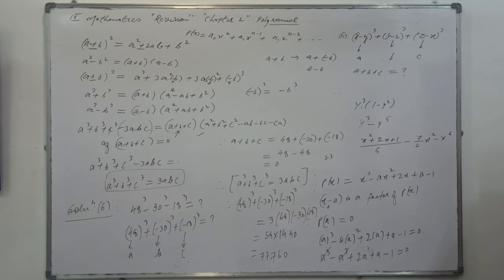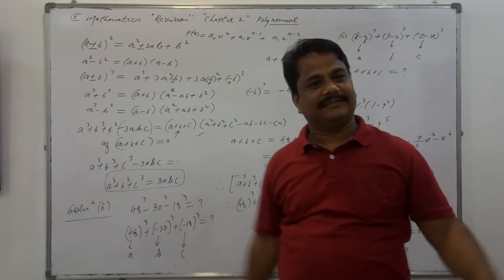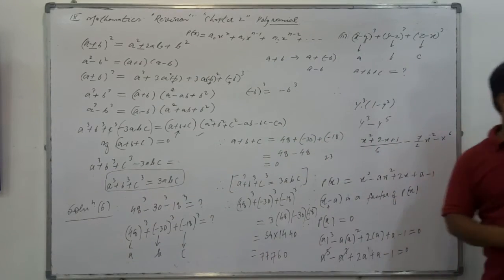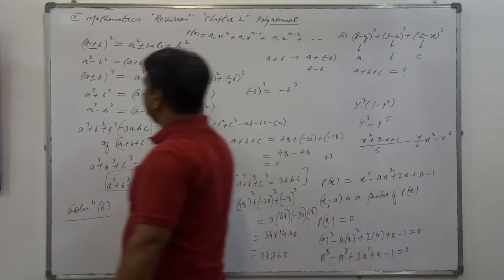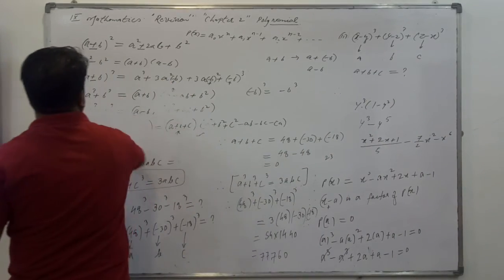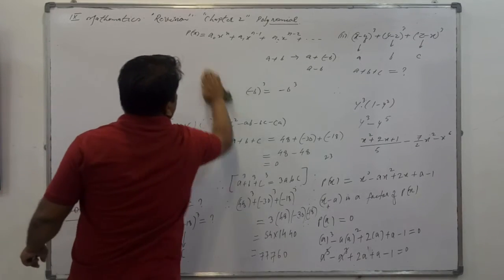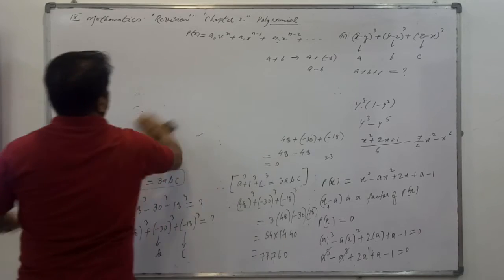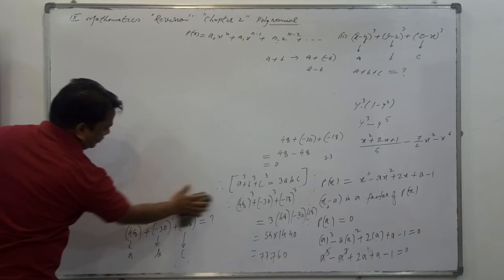What you have to tell: you have to tell the degree, and you have to tell the coefficient of x cube. One question will give the complete essence of the chapter. Please think about the answer. What do you have to write? Coefficient of x cube. Do not speak please. Sir, x cube is not written. You have to write the answer within 20 seconds.